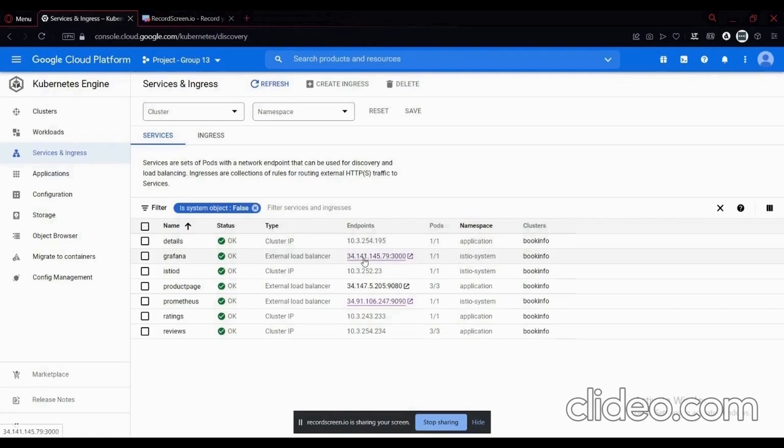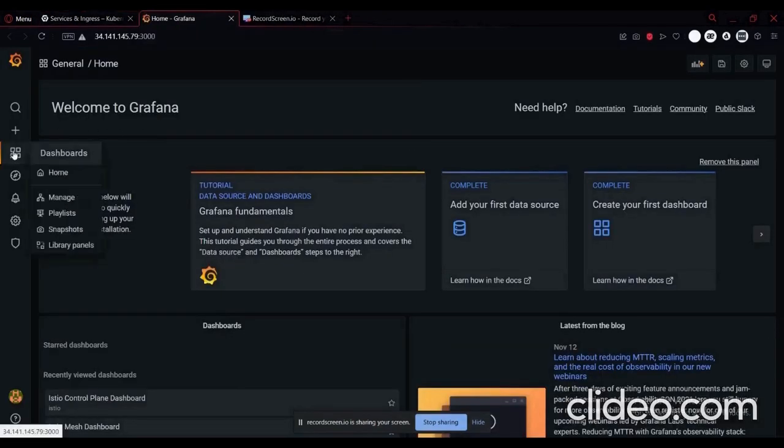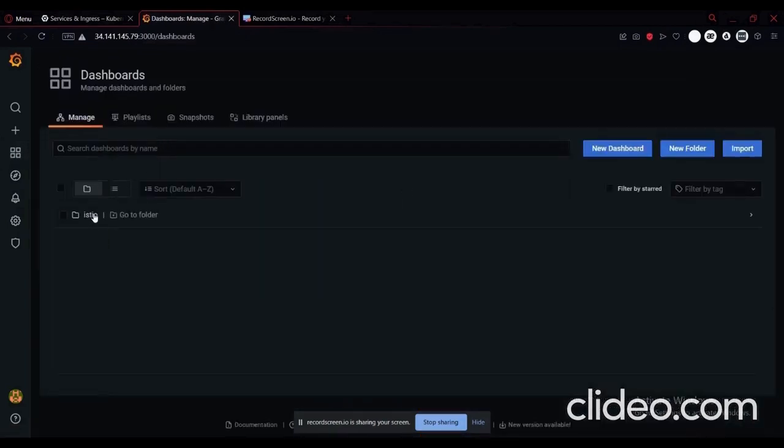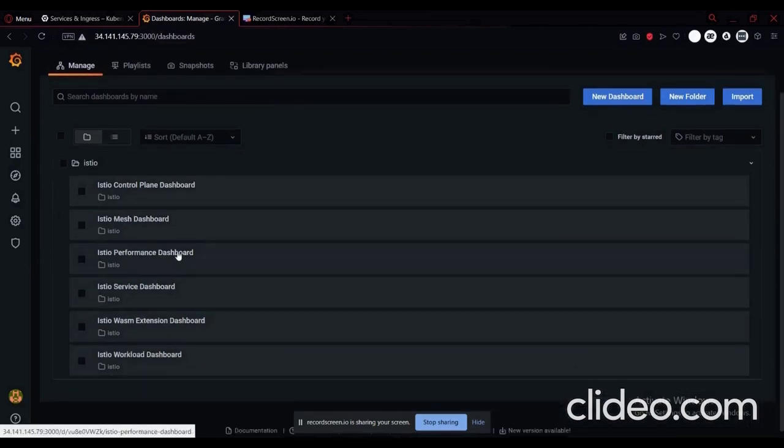Now we can go to Grafana in the same way by clicking the URL, go to Dashboards, Manage, Istio, and check the different dashboards. For example, the performance dashboard.